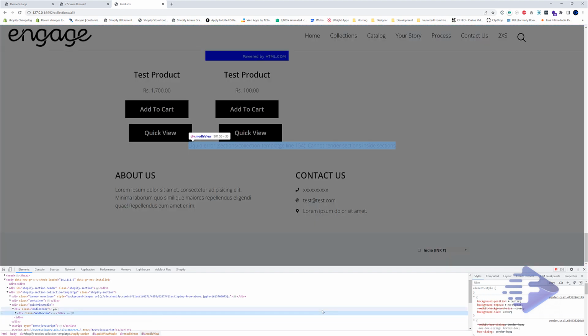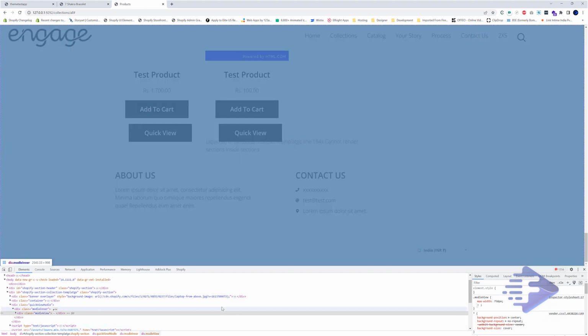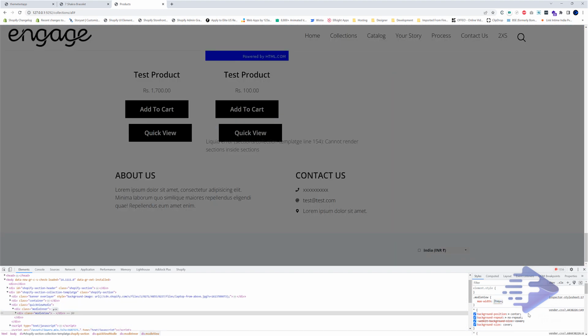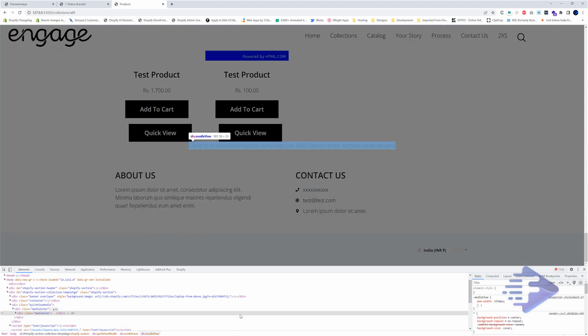Next thing, in view we have to say max width is let's say 750 pixel. I think that should be enough, and width will be 100%.